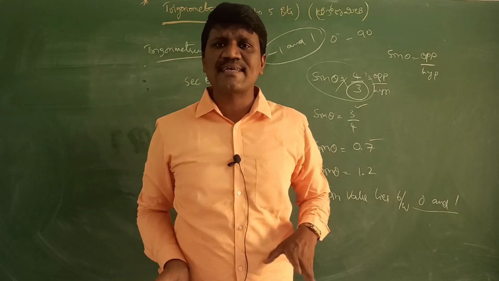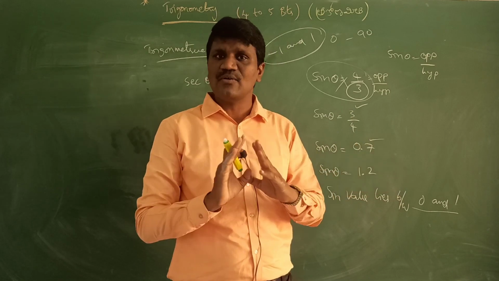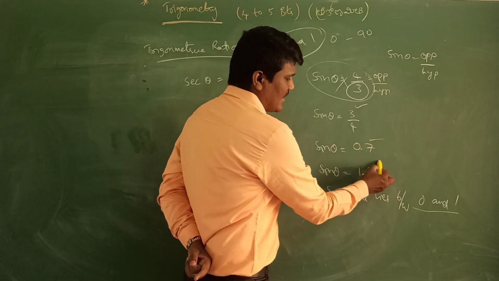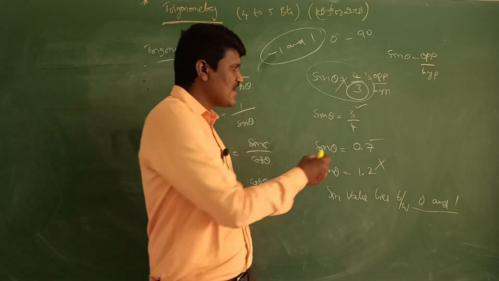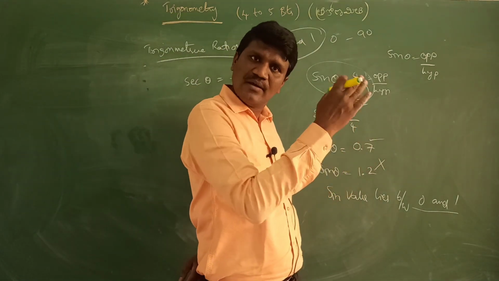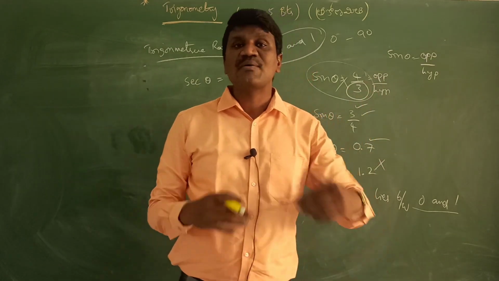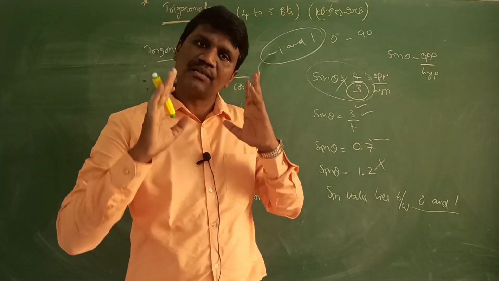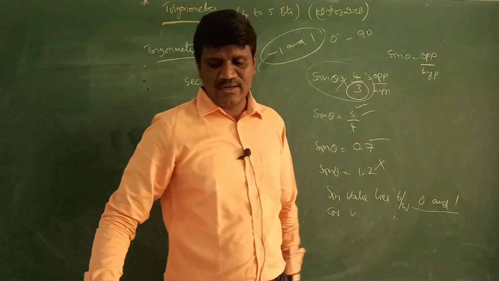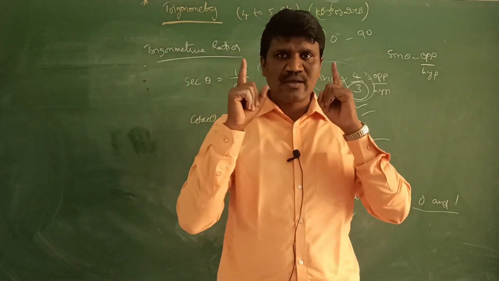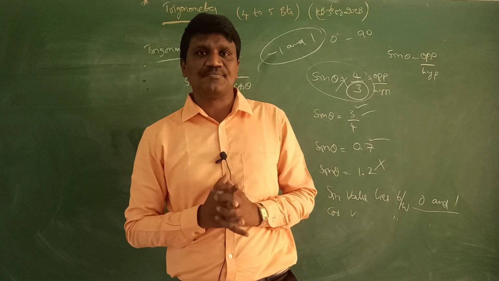1 కంటే ఎక్కువ ఉన్నా కూడా సైన్ వాల్యూ కాదు, -1 కంటే తక్కువ ఉన్నా కూడా సైన్ వాల్యూ కాదు. So here, as soon as we see it, we can say sin theta 1.2 does not exist, it is not a value. Sin theta 0.7 is less than 1, so it is also correct. What about cos? Cos is also the same. Cos value also lies between 0 and 1. So sin value and cos value always lie, in fact, between -1 and 1 only.